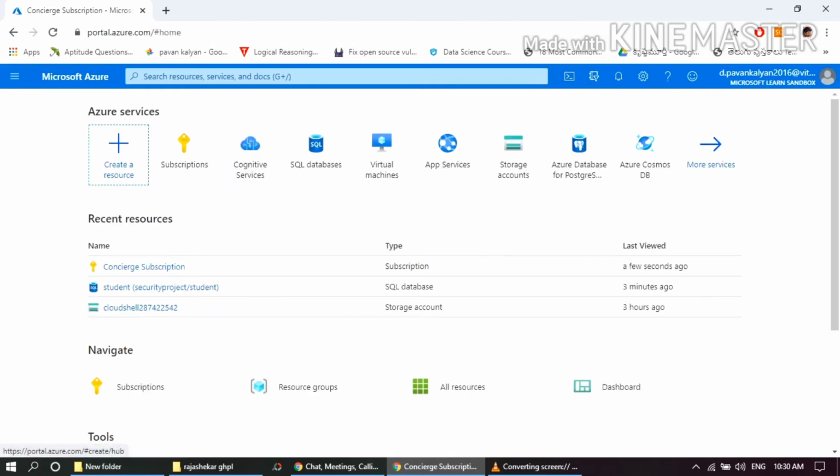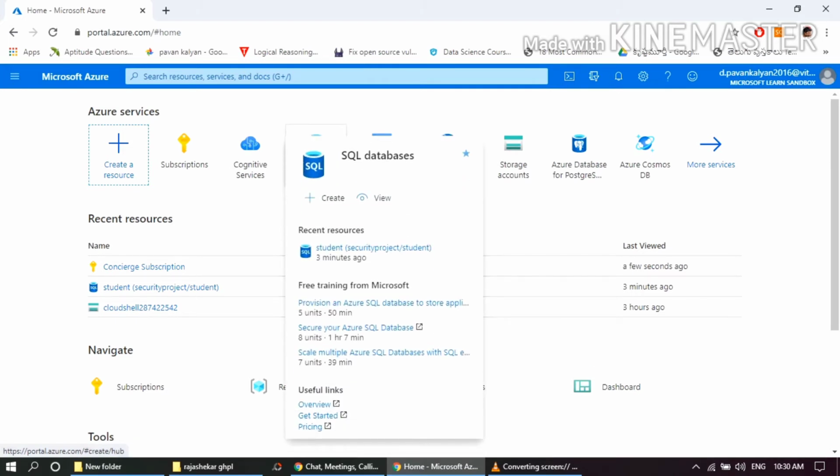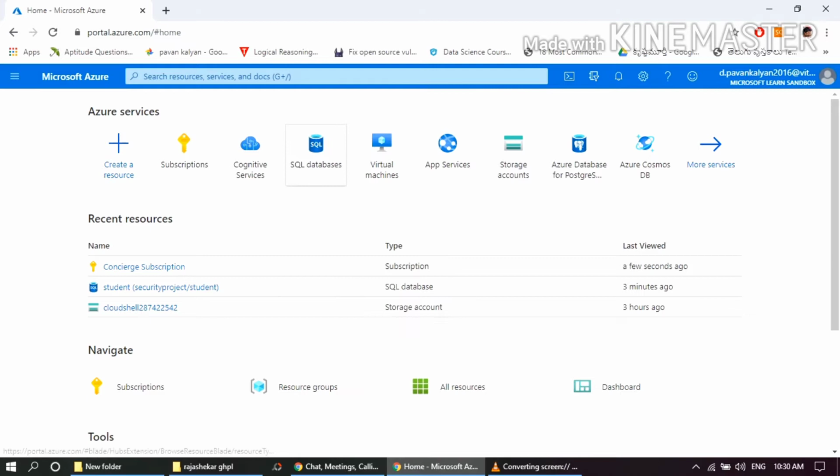Now we can see the details of the database which we have created earlier, and the resource group was security project student, created 3 minutes ago, and then it will be available for the rest of the time.